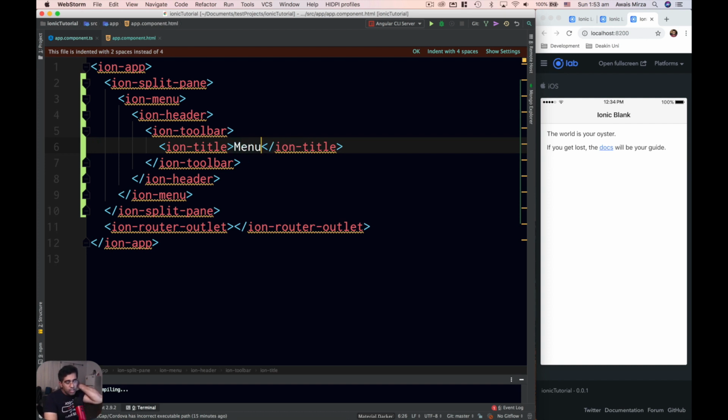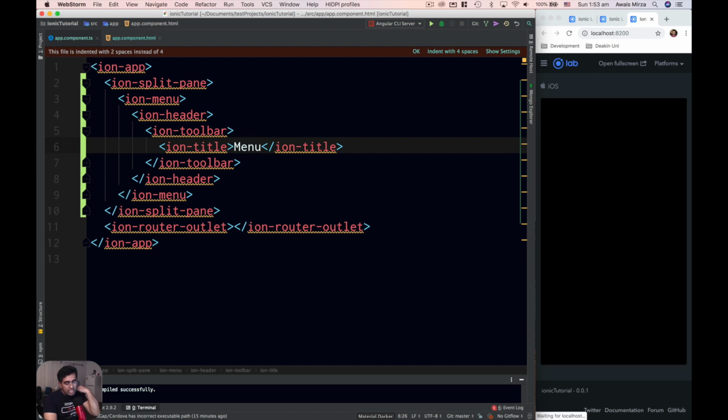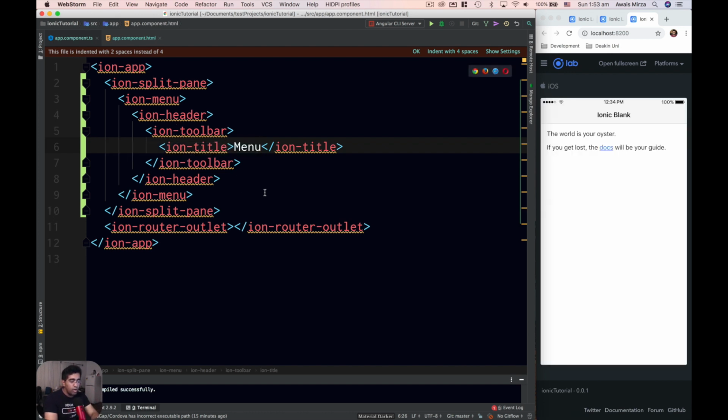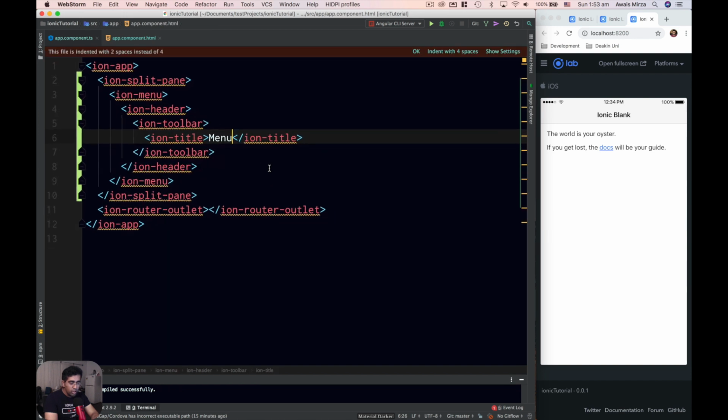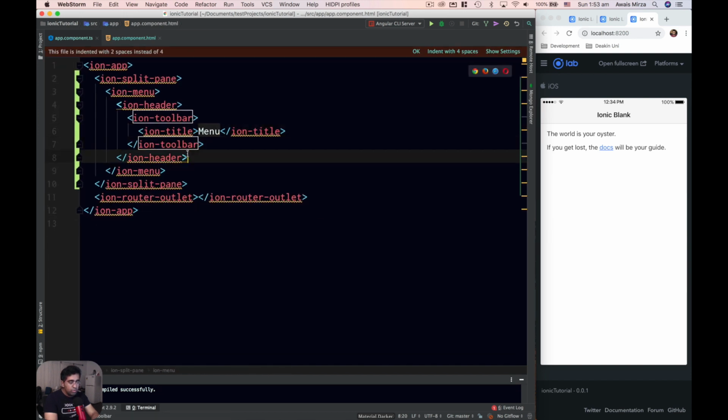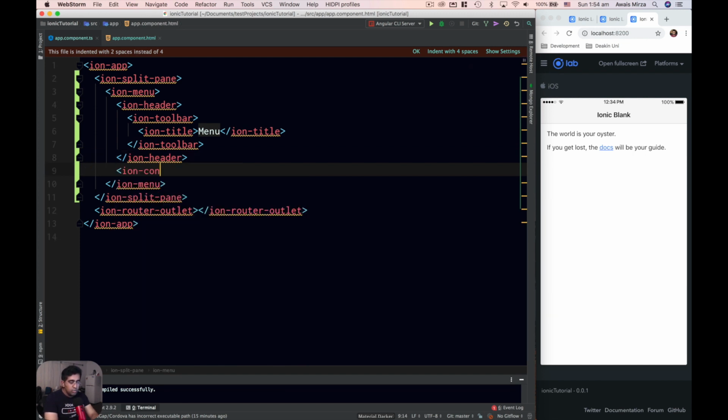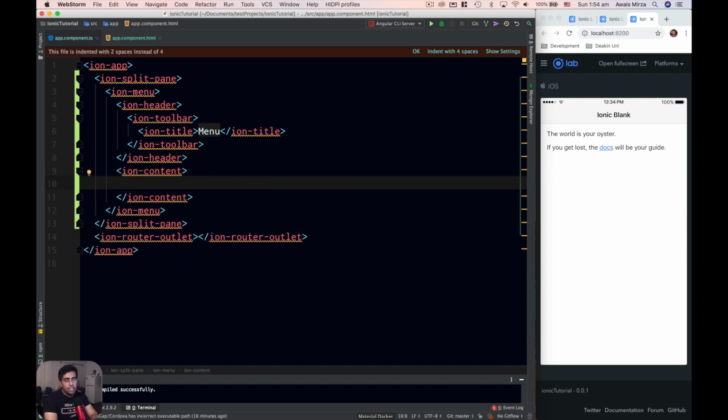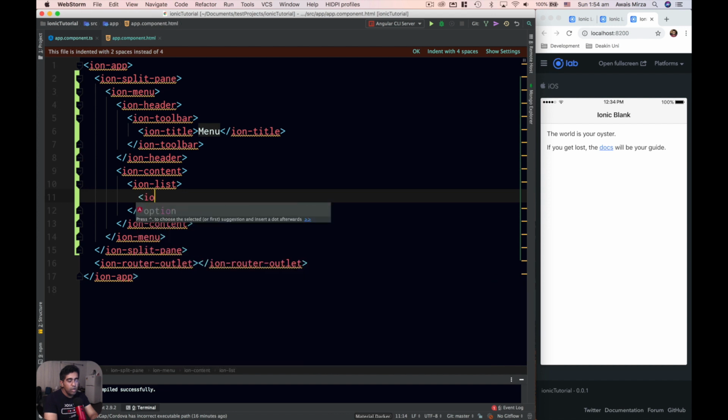So inside this we got the ion-menu, we got this ion-header, we got ion-toolbar, and inside ion-toolbar we wrote ion-title. Now let's get out from the header, and then we do ion-content. Inside this we want to create ion-list, and inside the list we'll do ion-menu-toggle. We do autoHide here. Yep, let's do autoHide, we set that to false, and then we do